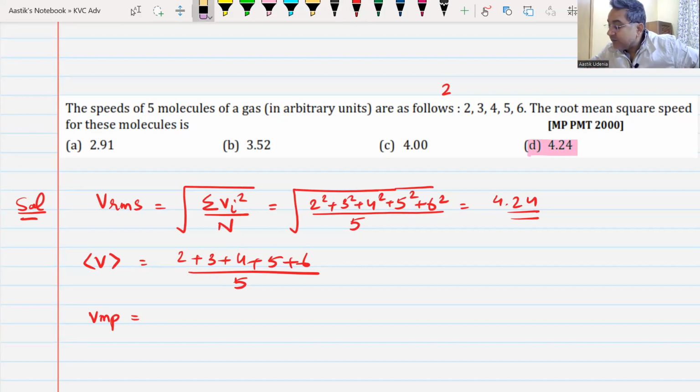Yes, sir. If we had one molecule more which had a speed of 3 meter per second, then the most probable speed becomes 3 meter per second and so on. Most probable speed is the speed with which maximum number of molecules have. Do we understand this, or has this gone above our head? Understood, sir. This question has been repeated multiple number of times and it comes on your screen now.